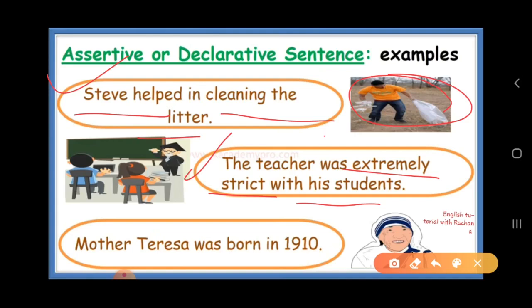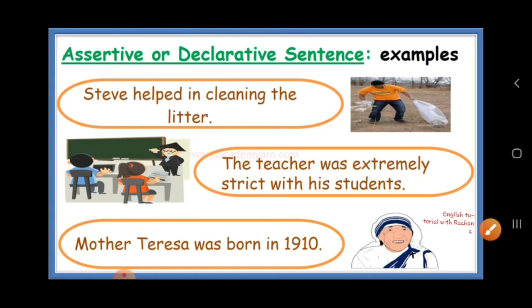तो ये भी एक प्रकार की क्या हो गई, एक यू कैन से इट्स अ काइंड ऑफ स्टेटमेंट इंफॉर्मेशन. ओके, मदर टेरेसा वॉज बर्न इन 1910. इट्स आल्सो काइंड ऑफ इंफॉर्मेशन. मदर टेरेसा 1910 में पैदा हुई. सो आई टोल्ड यू दैट व्हाट एन असर्टिव सेंटेंस इज. असर्टिव सेंटेंस क्या होता है, जिसमें किसी भी प्रकार की साधारण सूचना या कोई कथन या सत्य बात कही जाती है. नाउ लेट्स अंडरस्टैंड द अदर टाइप ऑफ सेंटेंस, दैट इज